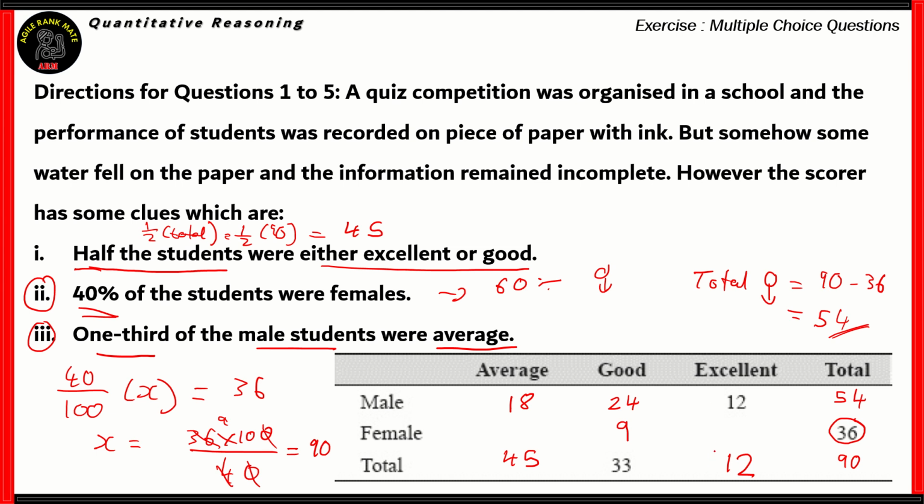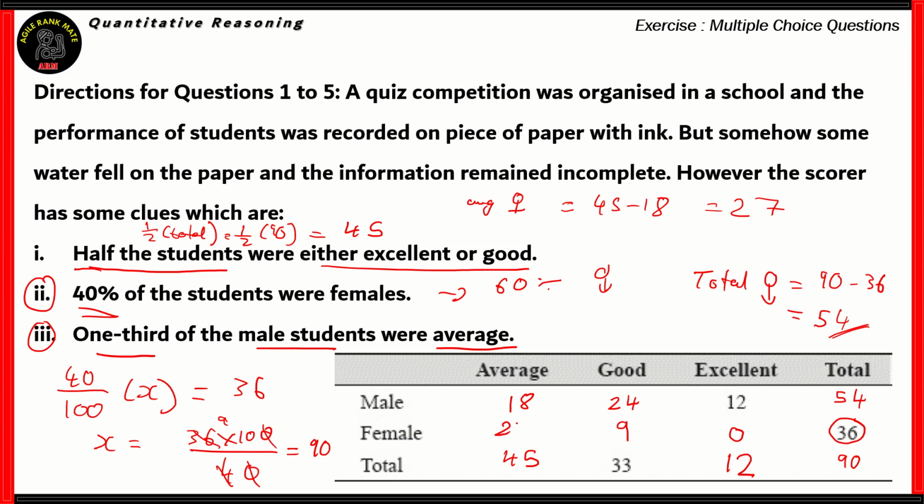But if you look at the column, you can see that the number of male excellent students is also 12. That means the number of female excellent students turns out to be 0. Similarly, you have 45 minus 18 giving you the number of average female students. So the number of average female students turns out to be the difference between 45 and 18,